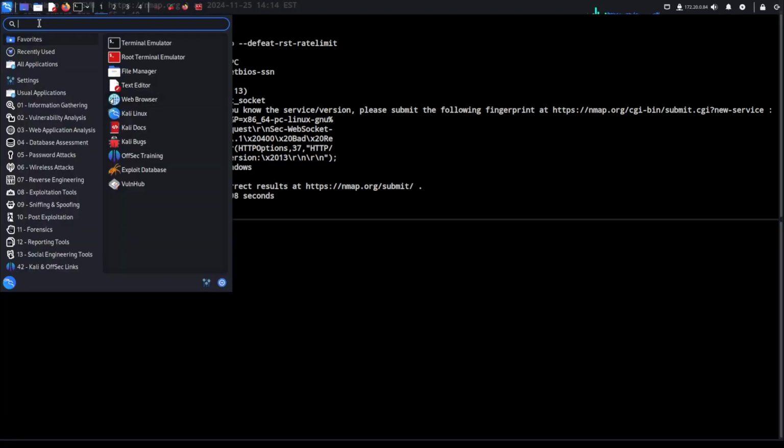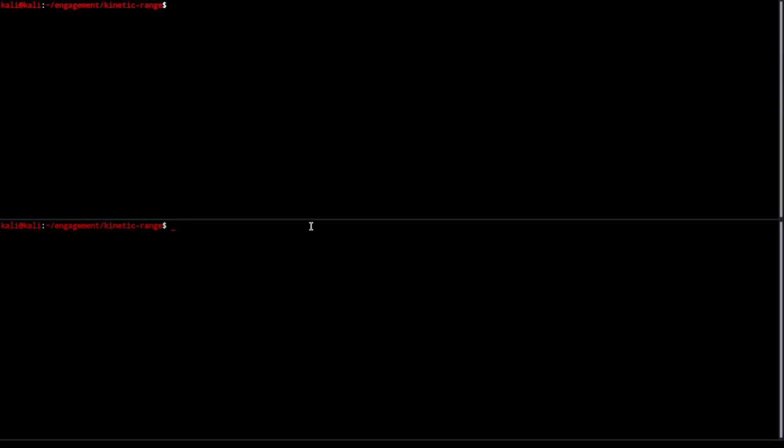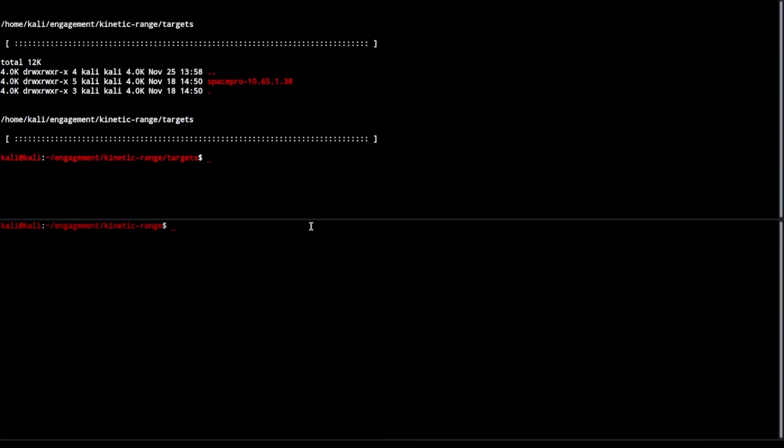Let's go ahead and open Firefox, or you know what? Instead of opening Firefox and going to the exploit database, we can clear the screen, and there is something else that we need to do. Let's go to targets. Remember how we made a directory for our Metasploitable? We're going to do the same thing here. mkdir broadcast